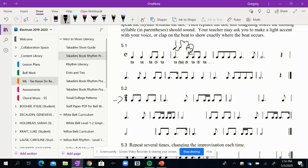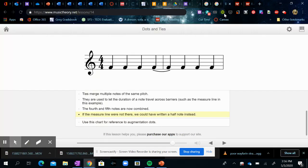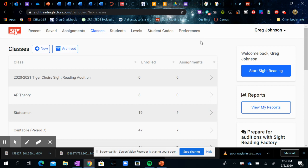Ta-dee, ta-dee, ta-dee, ta-dee, me, ta-dee, ta-dee. So now, once you do that, then you can practice the different examples at whatever level you want on